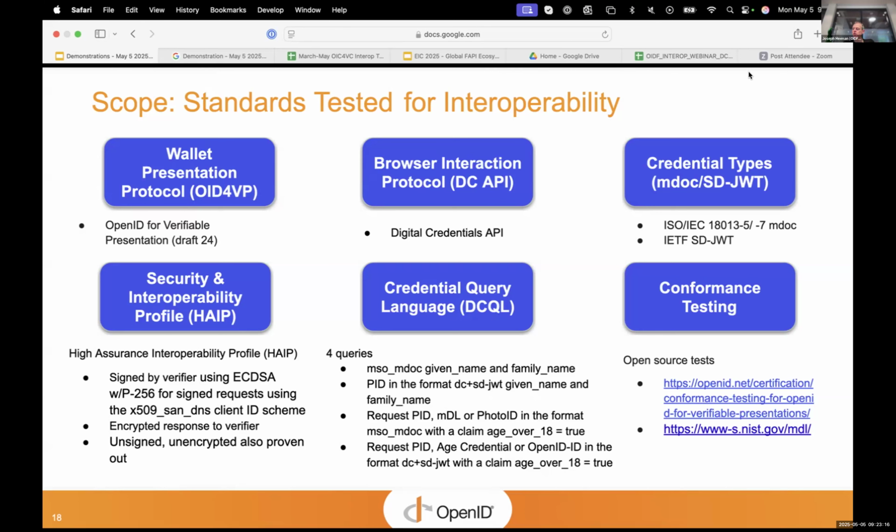We've been focused on the DCQL query language. So those of you aware of the history will know that OpenID for verifiable presentations originally used the presentation exchange language from DIF. We got a lot of developer feedback that there were things that could be improved there. The culmination of that was we created the DCQL, the digital credentials query language, which is specific to OpenID for VP and part of the OpenID for VP specification.